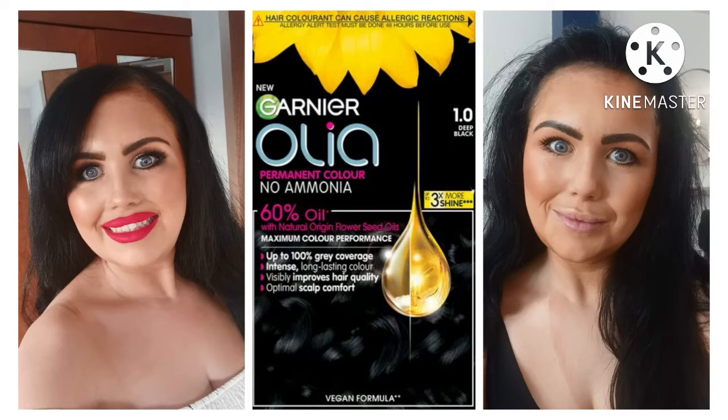Throughout the month, I found it did last on my roots quite well. Obviously, my roots grew out like it does every month, but the colour I applied lasted throughout the month really, really well. And it just still made them look nice and dark and intense, which is what I want from